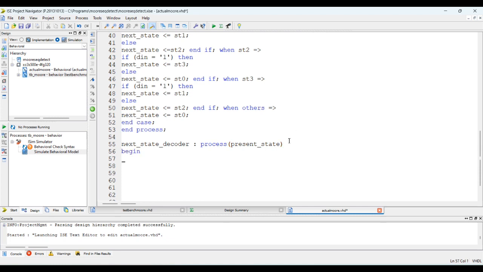So I'm going to begin the process, and then type case present state is when st0, then d out should be set as 0, when st1 d out should be set as 0, when st2 d out equals 0,